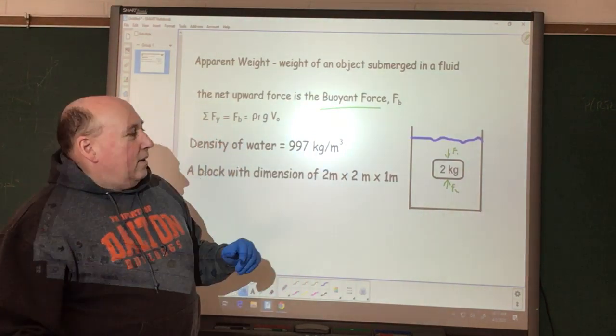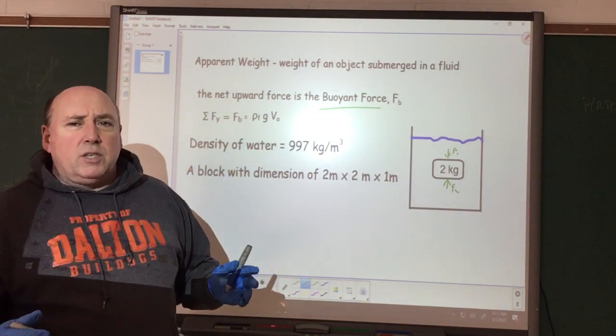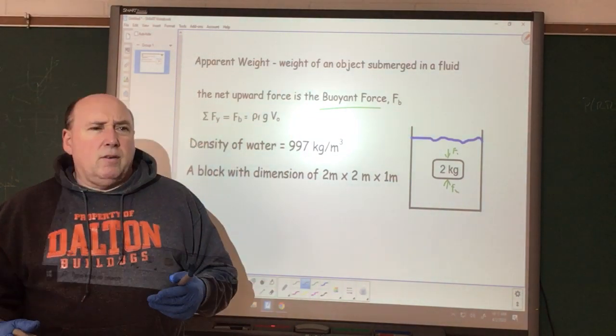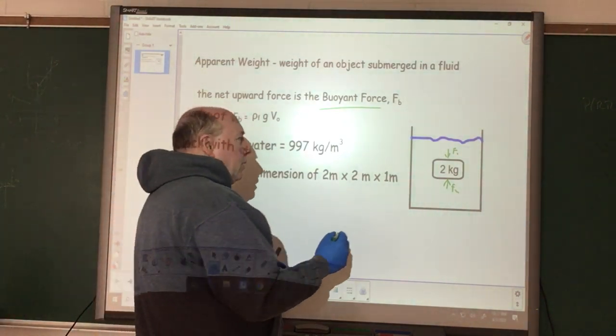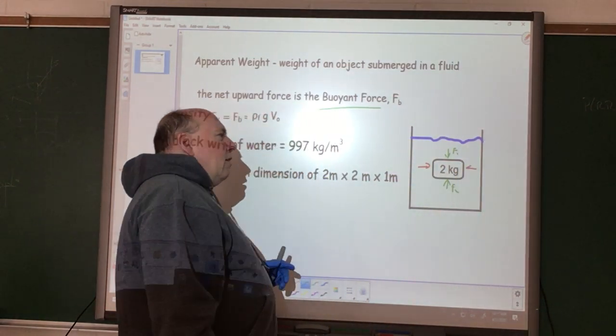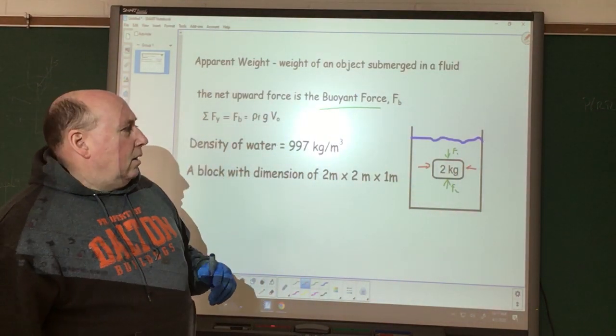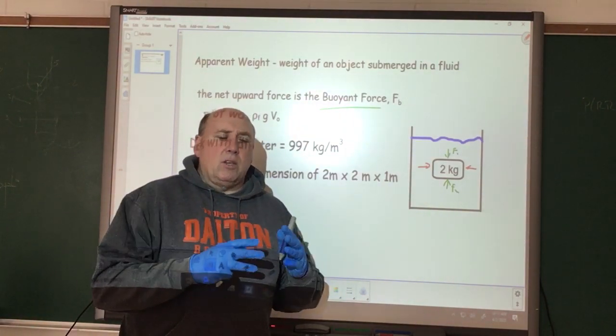The other thing that we did not take a look at yesterday, but I gave you that question just to see if you can figure out, is the side forces, because we also have side forces coming in here. We have two side forces that are going to push inwards. Once again, it's always going to act on the object.